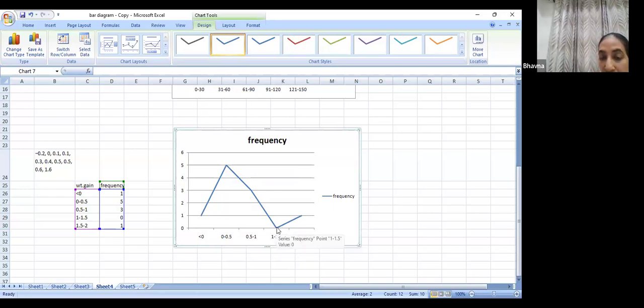So instead of letting it hang in the air, it is always better that you touch it at the baseline here. And again, this is considered the midpoint since there is no bar. And then from here, the baseline, you again go up and touch the midpoint of this bar, which stands at 1.5 to 2. Okay.